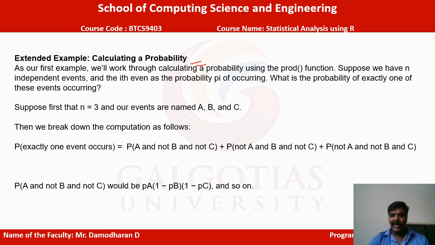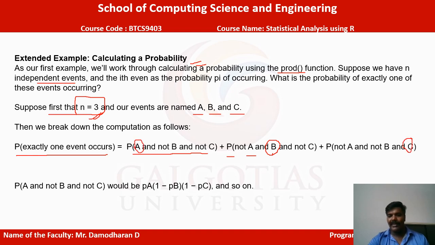See here, we will take one example to find the probability function, used for whether the values are independent or dependent. So based on the number, first we use n equal to 3, so the n values are a, b, c. The 3 digits, we say n value is 3. So here the number of event occurrences, the partial value for probability: A, not B, not C is the first condition. P of not A, it is B, is the second condition. Okay, here it is C. So we are applying 3 conditions. Based on these 3 conditions, we have to write like this. We will complete the calculation of probabilities.